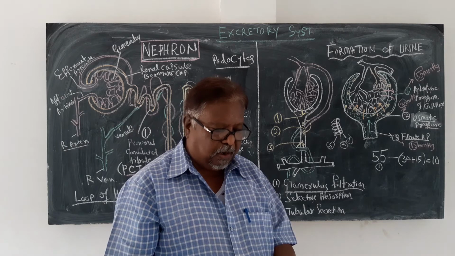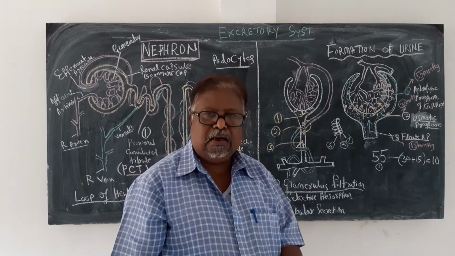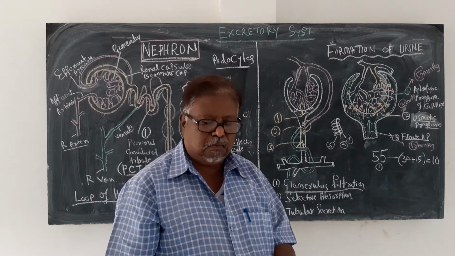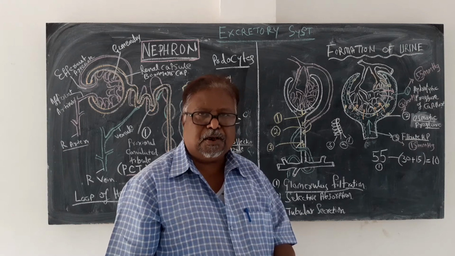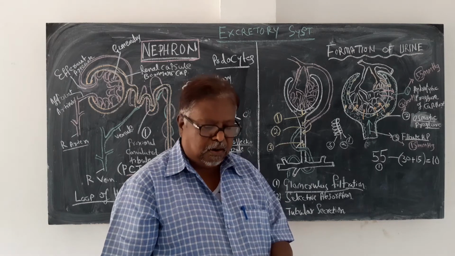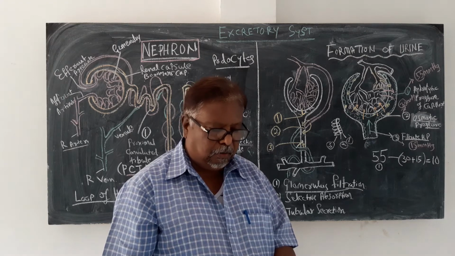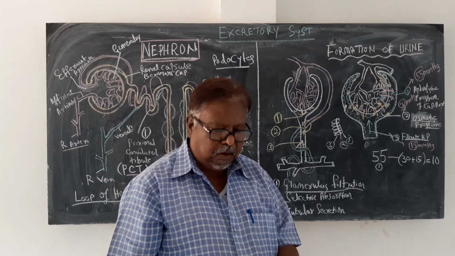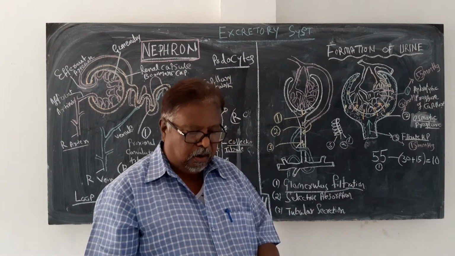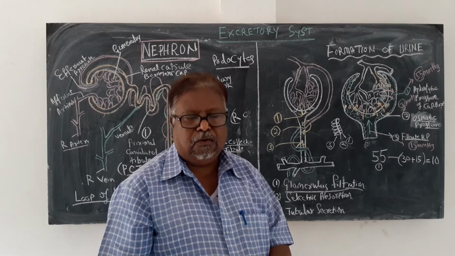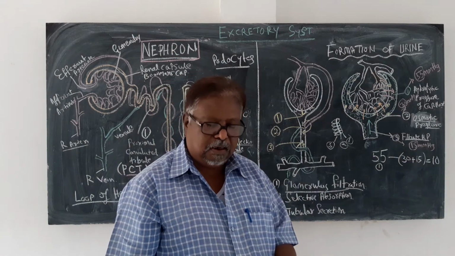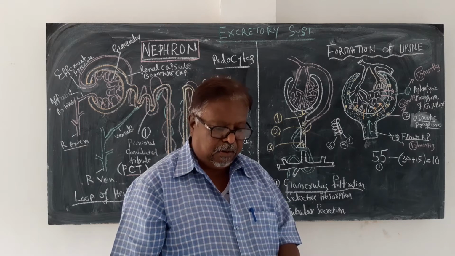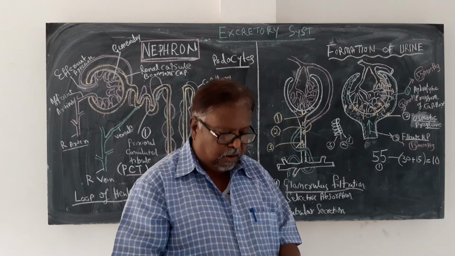So coming to the next point, in the first phase, that is glomerular filtration, water and small molecules pass from blood to the Bowman's capsule. Water and very small molecules pass through immediately because the pressure is there, and they come into the Bowman's capsule. The fluid filtered from the blood stream into the Bowman's capsule is now called filtrate, also called primary urine, which passes through the renal tubules.